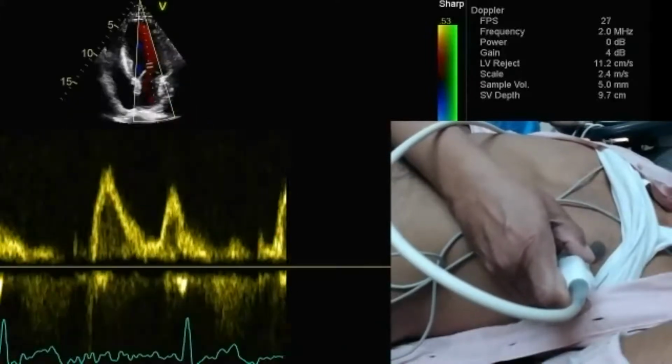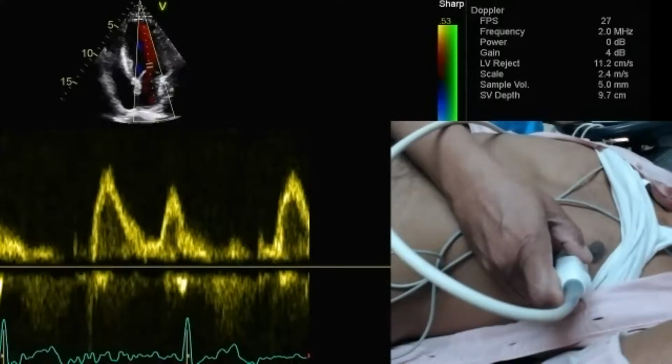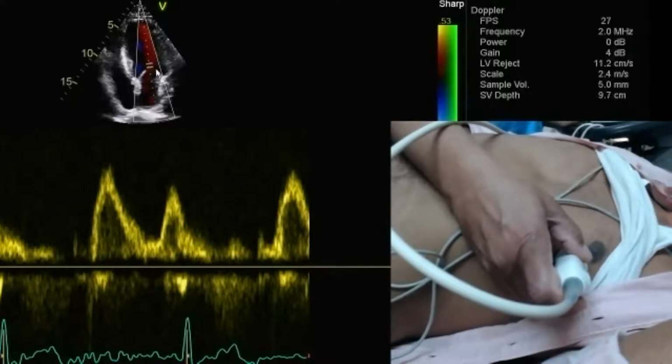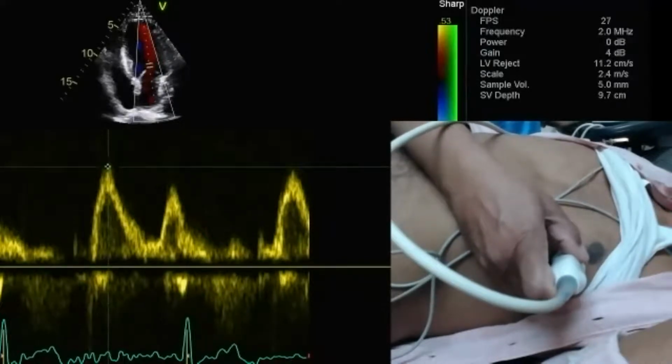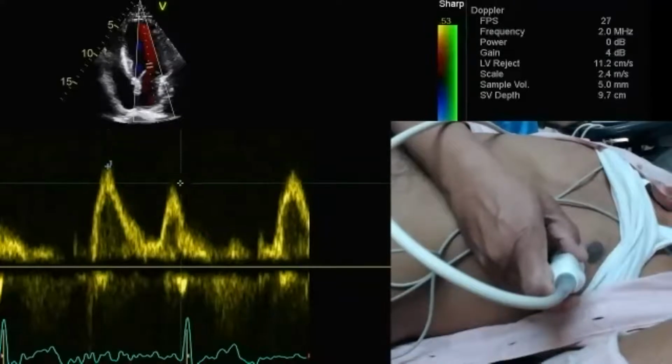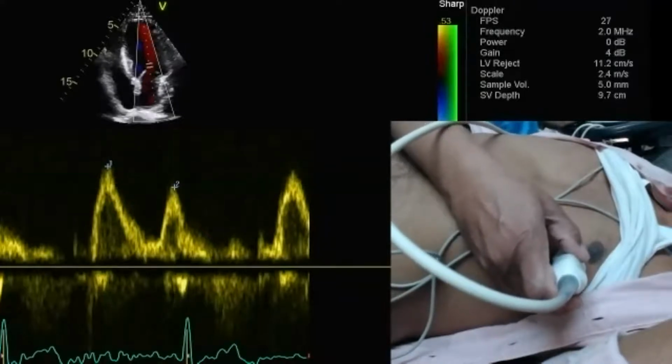Now look at this pulse wave Doppler spectrum pattern. As Prashar sir said, there are two lines in between. So this is pulse wave, and this is empty in between. So it is interrogating only one place, the flow velocity across this mitral valve. That's why we place the sample volume at the tip of the mitral valve leaflets. I can measure this velocity: the E wave is 85 centimeters and the A wave is 67 centimeters